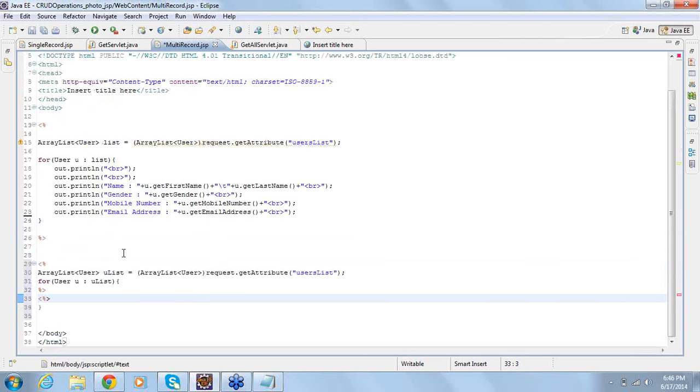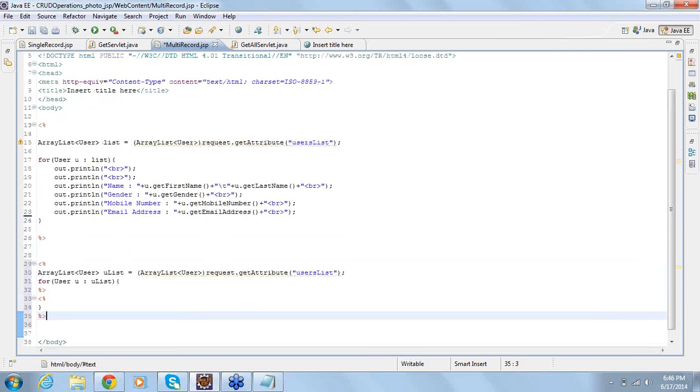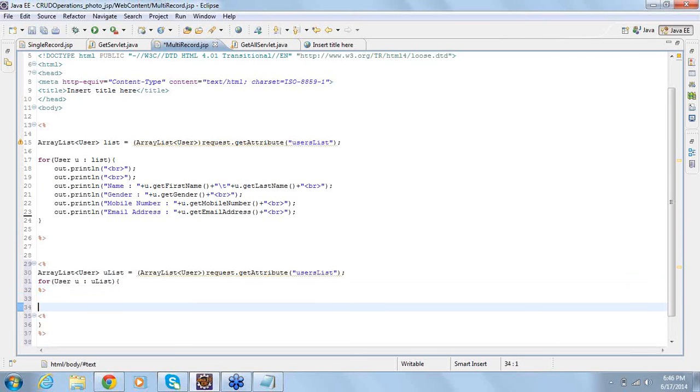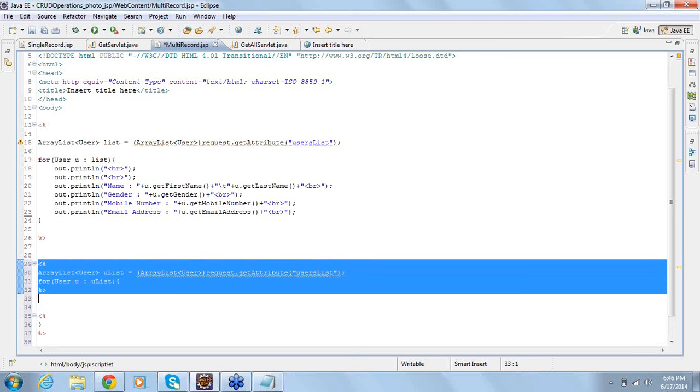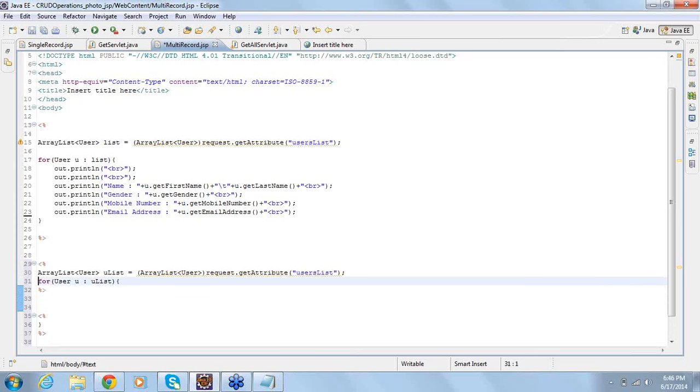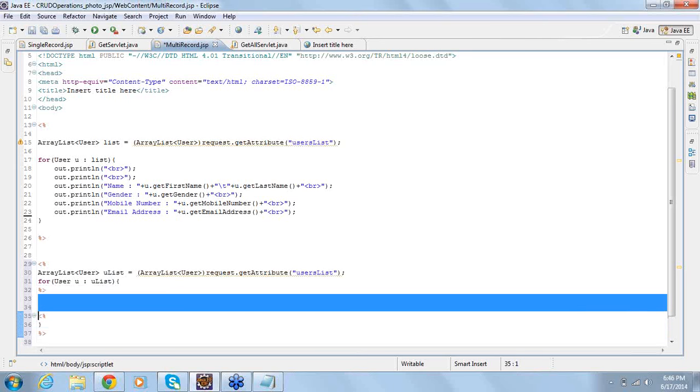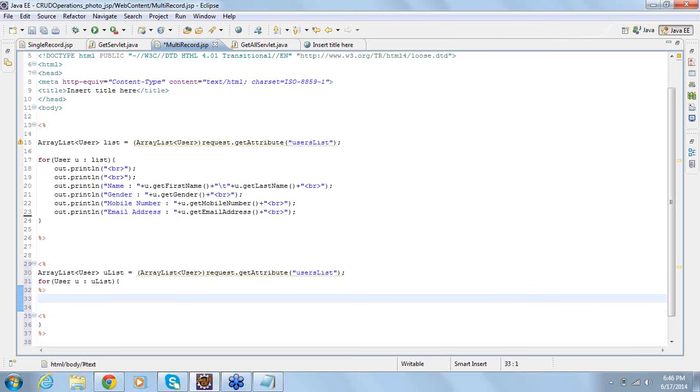You guys just need to observe carefully what is happening. It's not complicated. You have a scriptlet holding Java, but you open the for loop and you are again opening and closing it. Now within the here, this is what? Without any, this is only the HTML area. Now here you can write